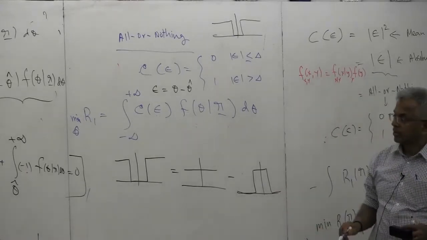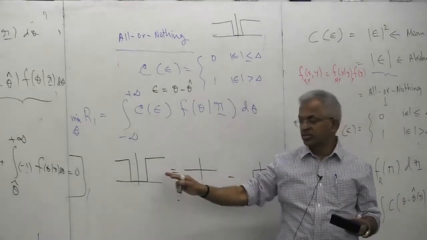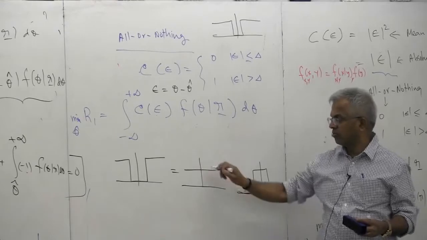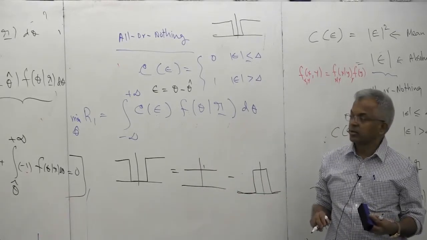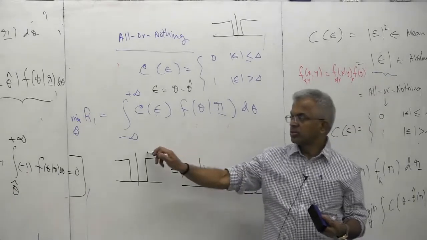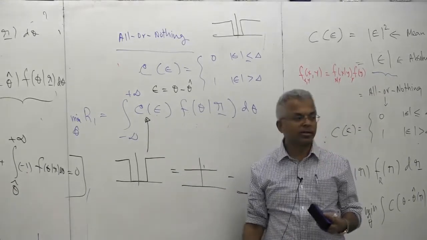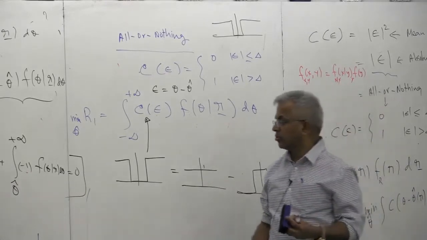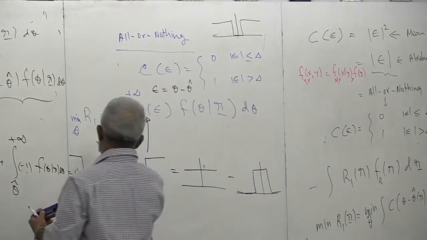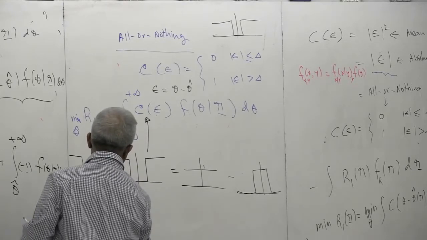I'm saying something like this is a constant, this minus this, right, symbolically. So this is the cost function, I should plug it in here. So isn't this true now? So consequently, from here you can also write R1 as,